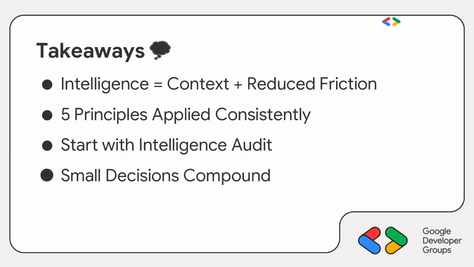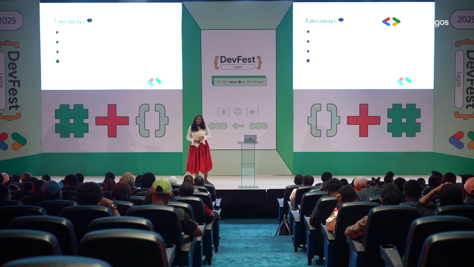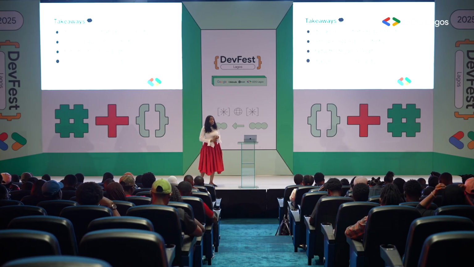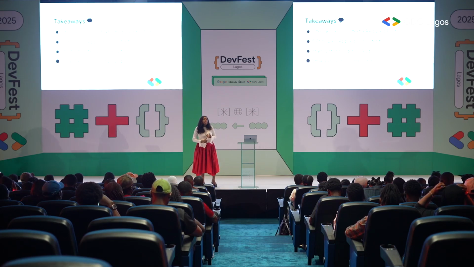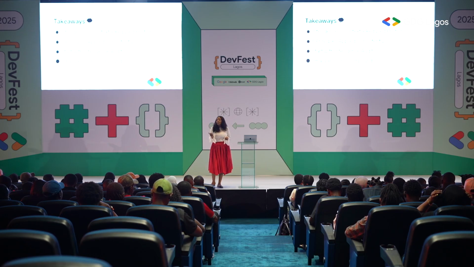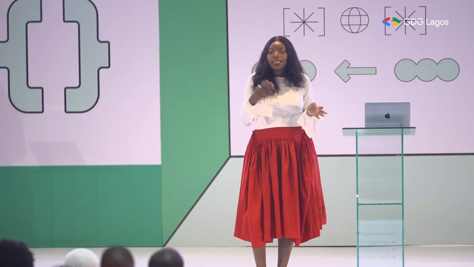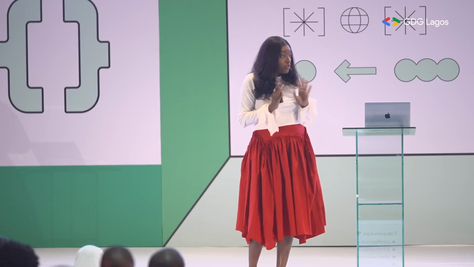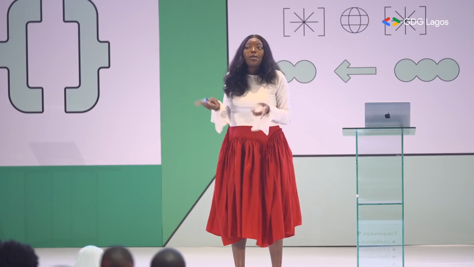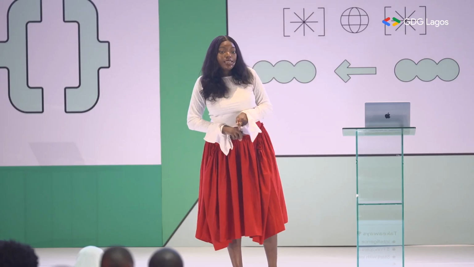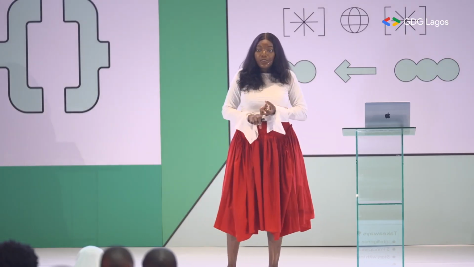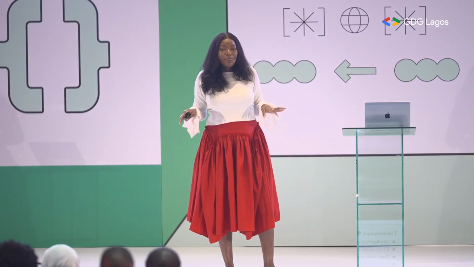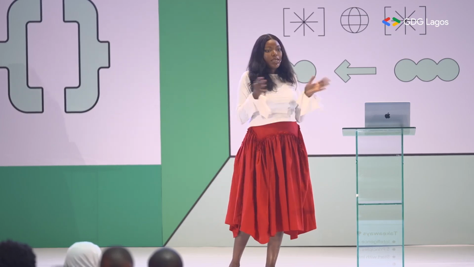Key takeaways, right? The first one is intelligence is basically simplifying or working with your user's context, understanding your user, and reducing the friction as much as possible. It's not a design versus AI process. We're all working together to literally do one thing, one goal. I want to make my user's experience as seamless as possible. I want to reduce friction. And your job as a designer is to make that possible.